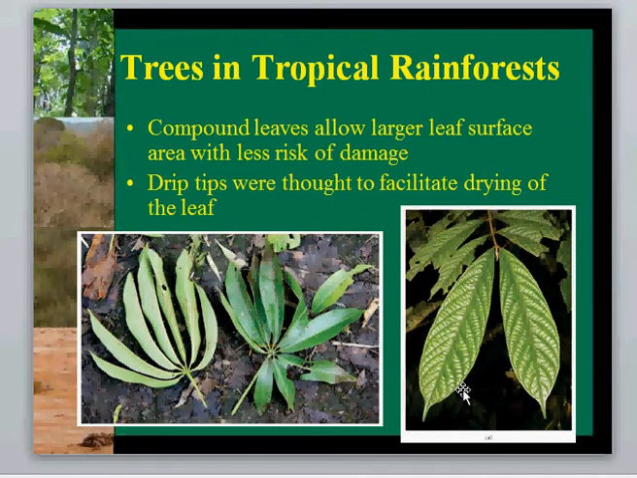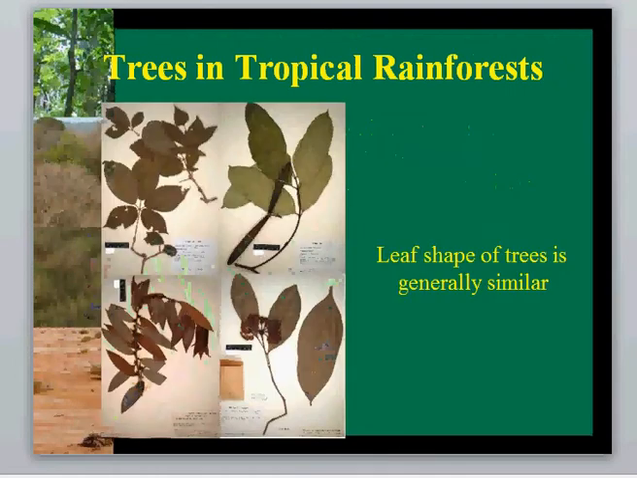Right, shapes of leaves in tropical forests. The shape of a leaf in a tropical forest is generally similar. You would have different types of leaves. You would have simple leaves, you would have compound leaves. The shape of a simple leaf is very similar to the shape of a compound leaflet. Okay, so it's a broadly elliptical shape,